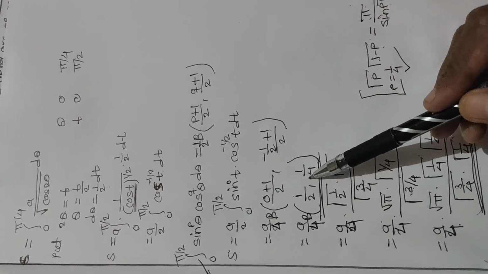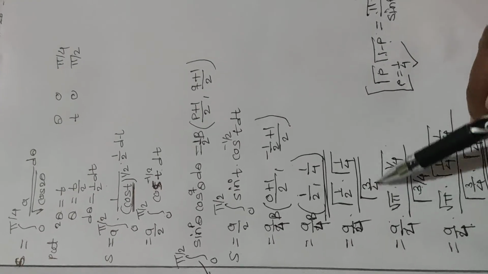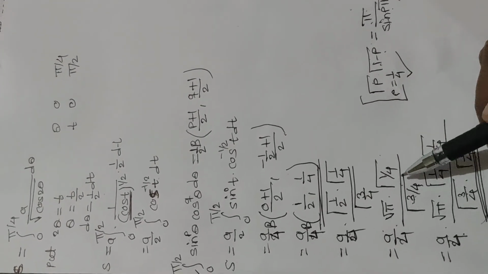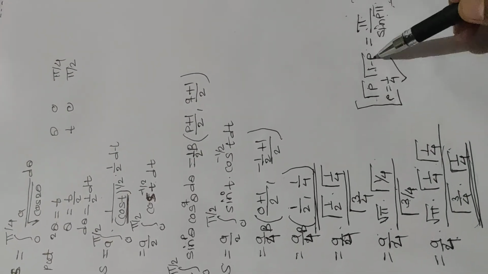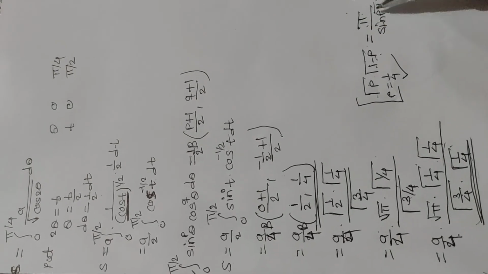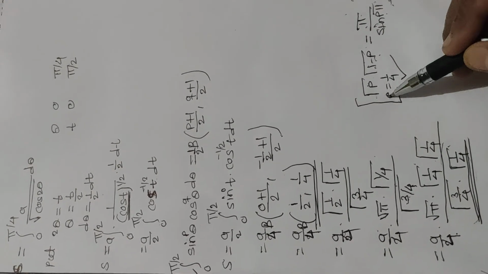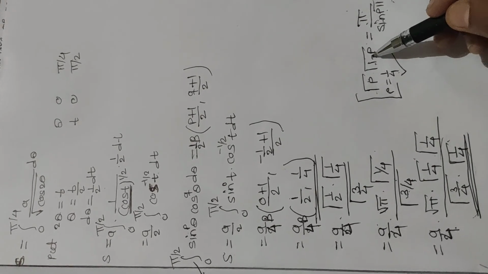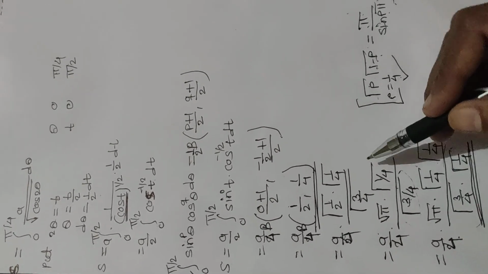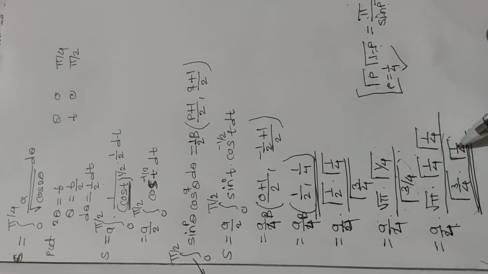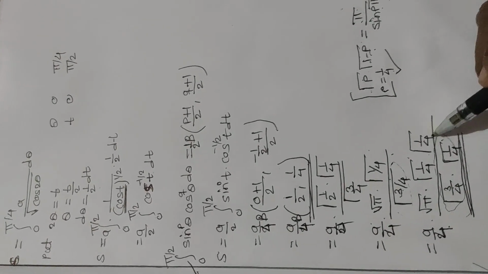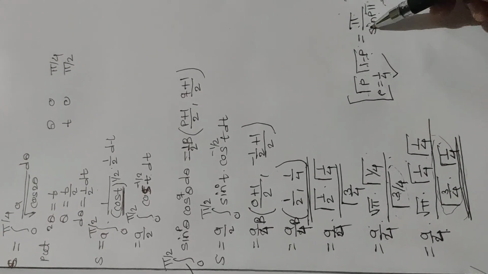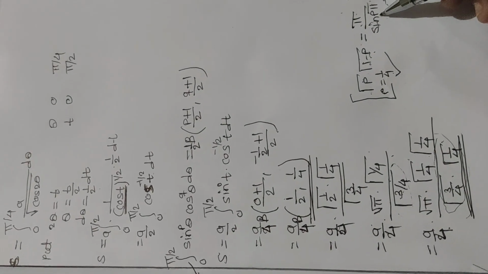After that we have to simplify this, using the relation between beta and gamma functions. See, after that we have to use one more result: gamma p gamma 1 minus p equals pi upon sin p pi. We just assume our p is 1 by 4, so we get 1 minus p is 3 by 4. So 3 by 4 is present in the denominator, so we multiply and divide by gamma 1 by 4, and write down the answer of this denominator, which is pi upon sin pi by 4, meaning pi upon 1 upon root 2.